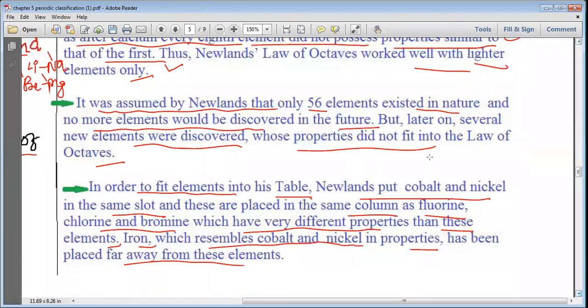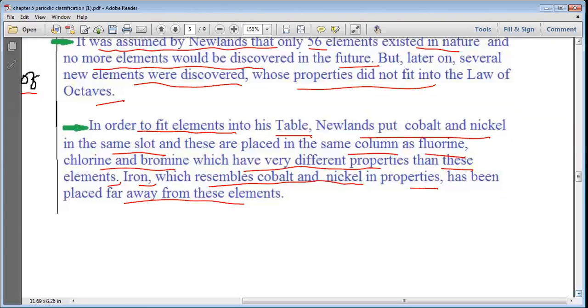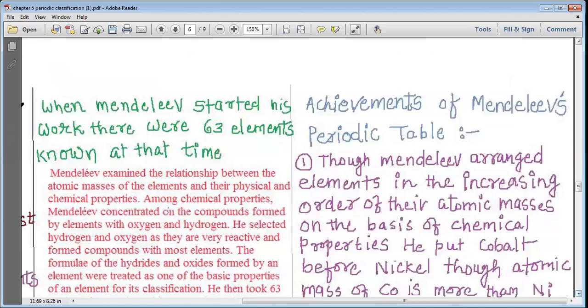These elements are not arranged in such a manner that they resemble each other. Improper elements are placed in the same group, whereas elements which have the same properties are placed apart. So this is how, my dear students, we understand the three limitations of Newland's law of